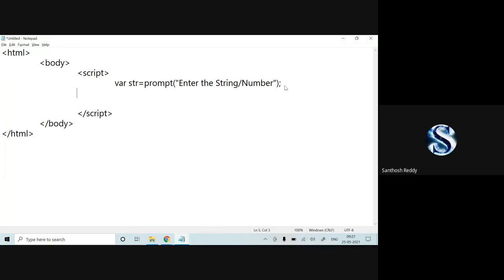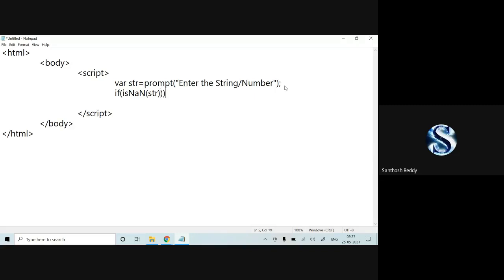Once I have taken an input, I'll check whether it is a number or not. To check that, I'll use the not operator with isNaN. If it is not a number, I'll convert it.